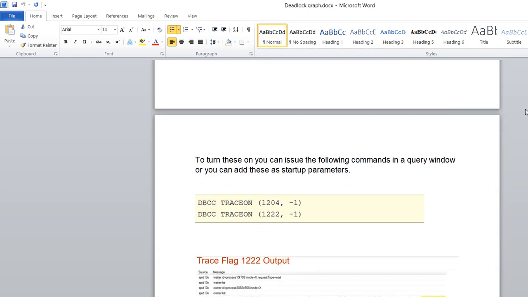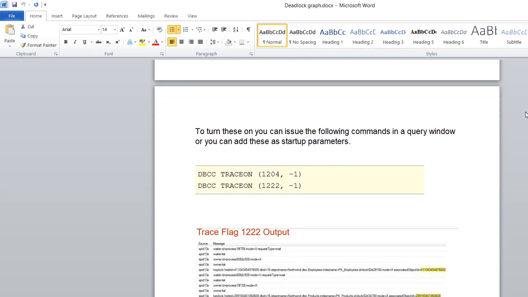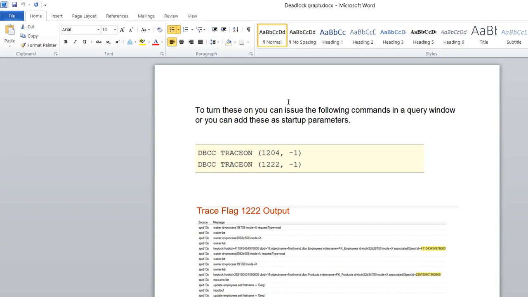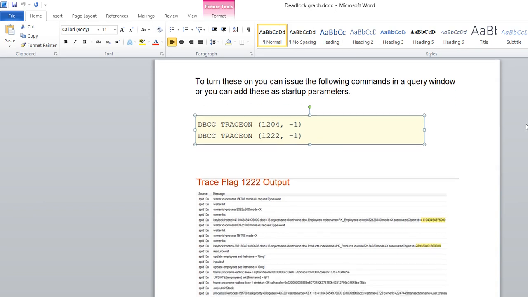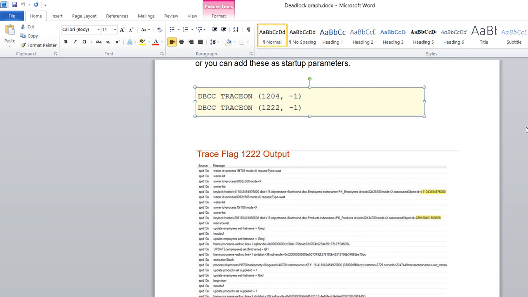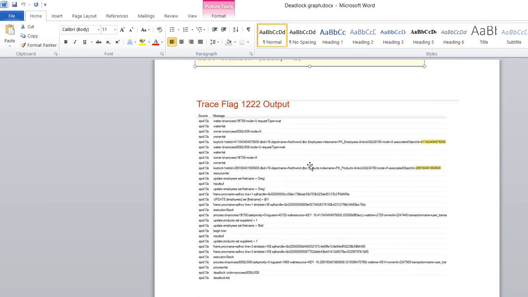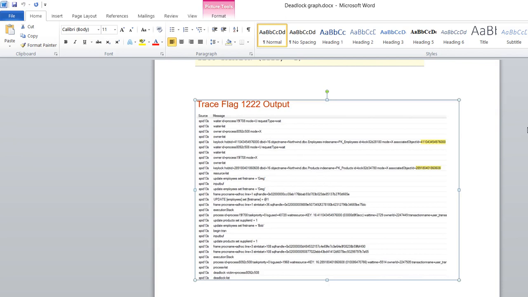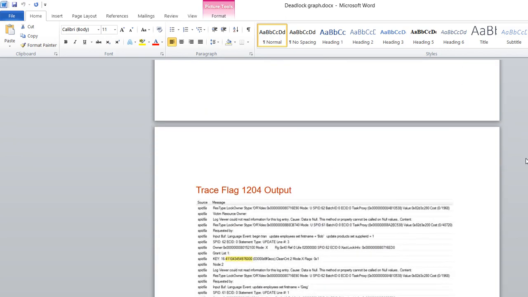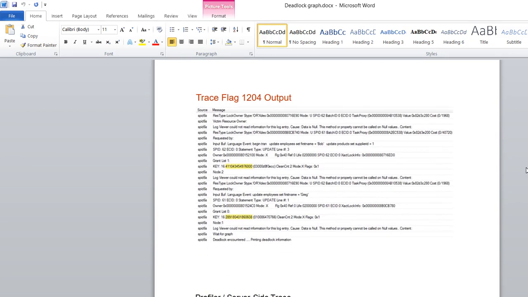Either you can set the startup parameter on the SQL Server instance, or you can use these two T-SQL commands to enable these traces one by one, or all together. If you focus on the output of these two, 1222, as I said, will give the XML format like this, and if you focus on the 1204 output, it will give the output like below, right?